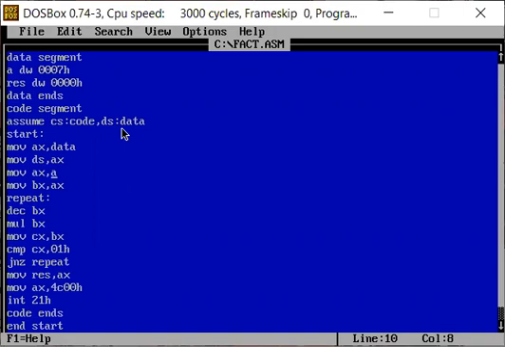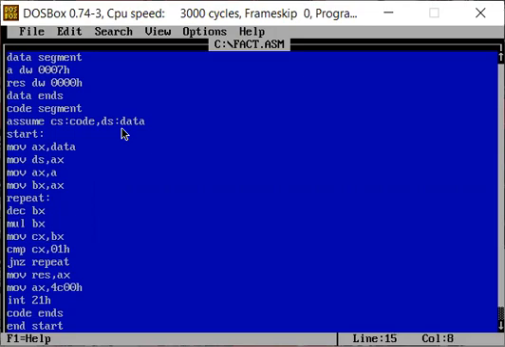After that, we copy the value of the variable into the AX register, and then we copy the value into the BX register also. Then we type the repeat label, and then we decrement BX by 1, and then we multiply BX with AX and store the result in the AX register.